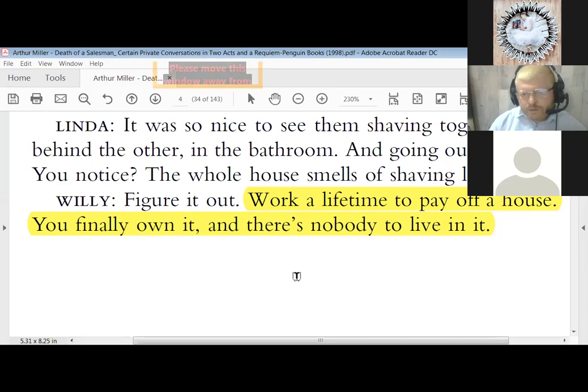And until finally he pays the last amount of money that is owed on the house. And when the house is his own, finally, there is no one to live in it. There's nobody to live in it. You work all this lifetime in order to own a house, in order to get your family together. But when finally you really own the house, you are very old and nobody is